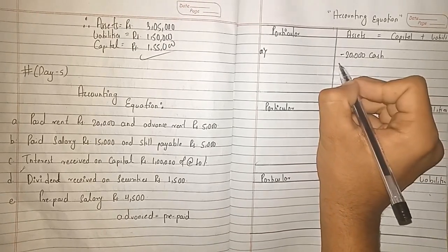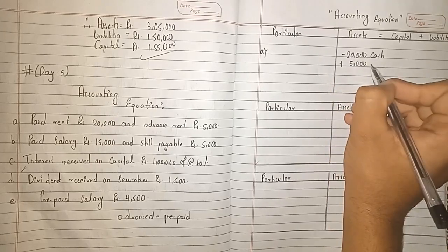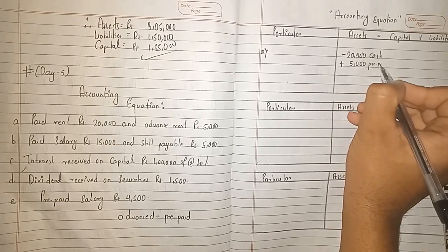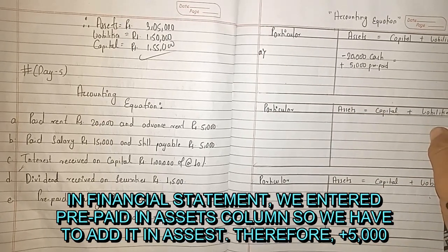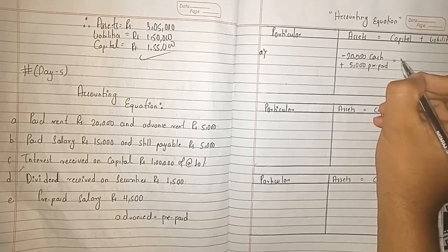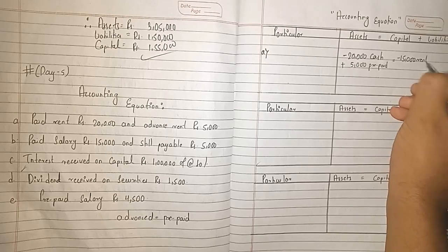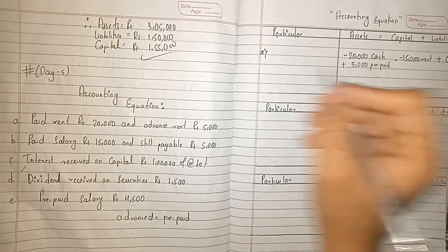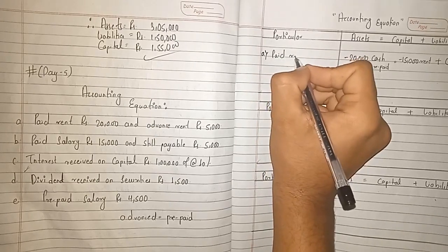So prepaid of how much? 5,000. So we post 5,000 as prepaid. As expenses are deducted from the capital, we should deduct minus 15,000 as rent from capital, and there will be zero effect in liabilities, and the particular will be paid rent